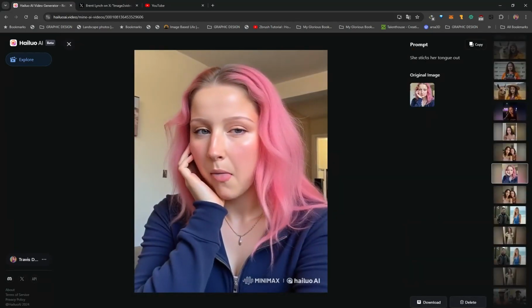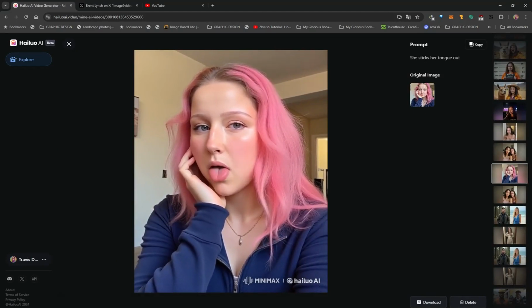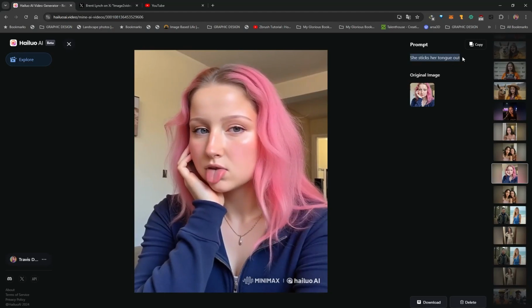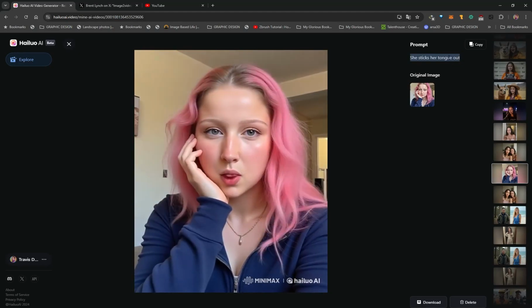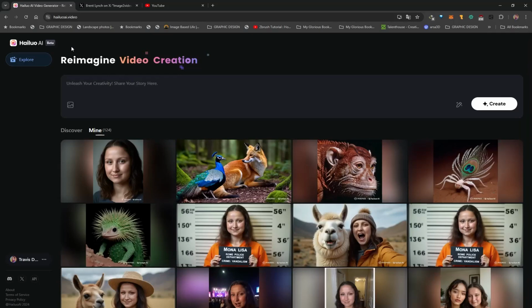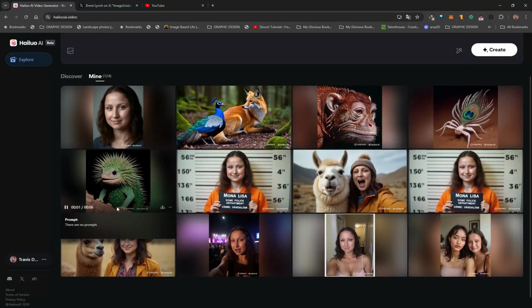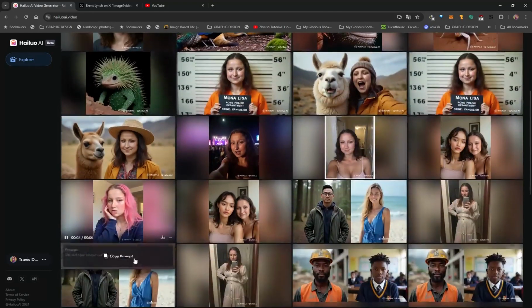I did prompt she sticks her tongue out, but it does look like she's licking an imaginary ice cream for some reason. So this is where you'd have to adjust this prompt. Maybe say she sticks her tongue out and keeps her tongue out. And yeah, that's all, aim of using AI video generators is that it involves iteration until you get a result that you are happy